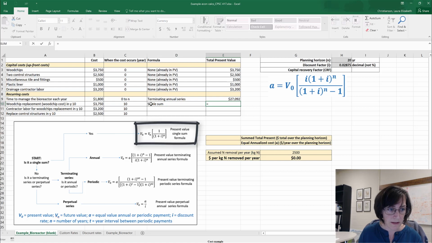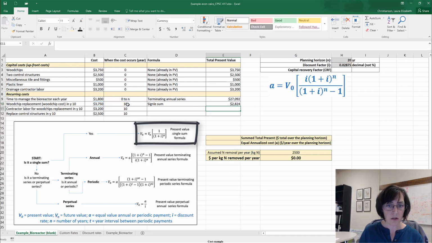Our single sum formula is there in the table at the top. I have my value times, start my parentheses, 1, that's the numerator, divided by, a couple parentheses here, 1 plus I, that's my discount factor, in parentheses for that inside part, raised to the time that this cost occurs. That's not my planning horizon in this case. In this case, the N is when that cost occurs. And then I in my parentheses for the denominator, and in my parentheses for that whole bracketed part of the formula.